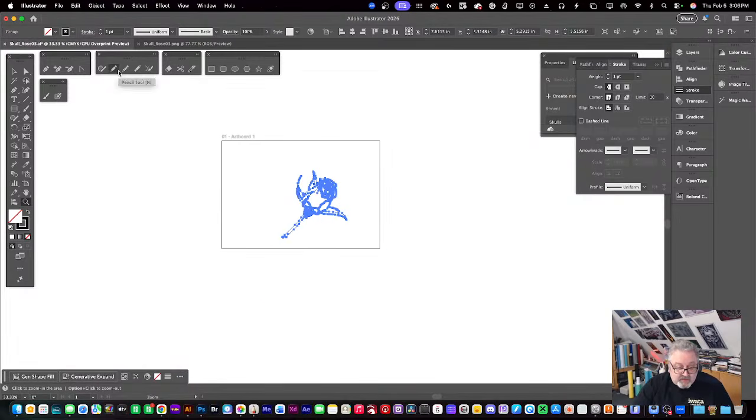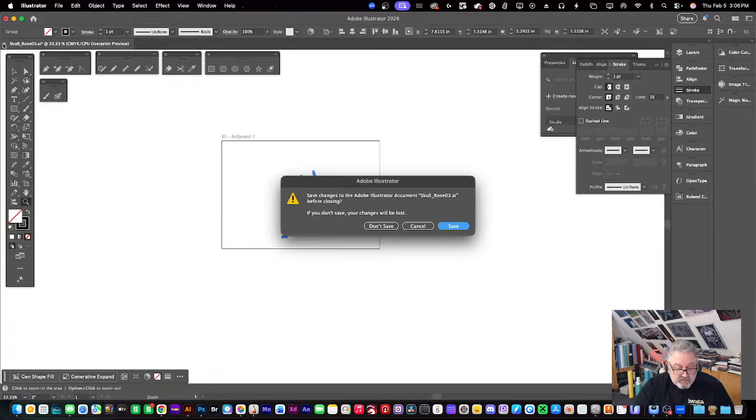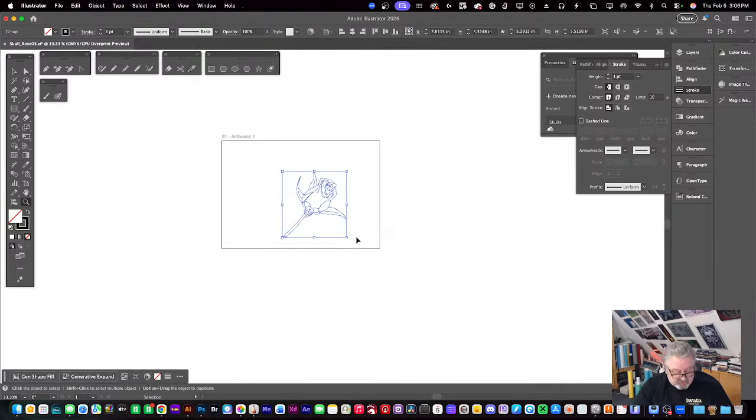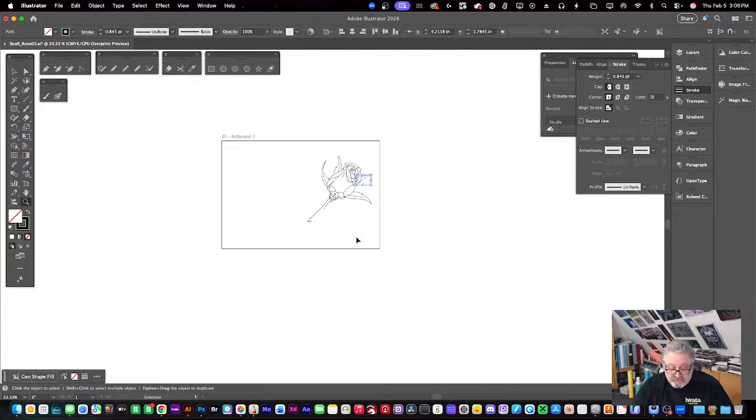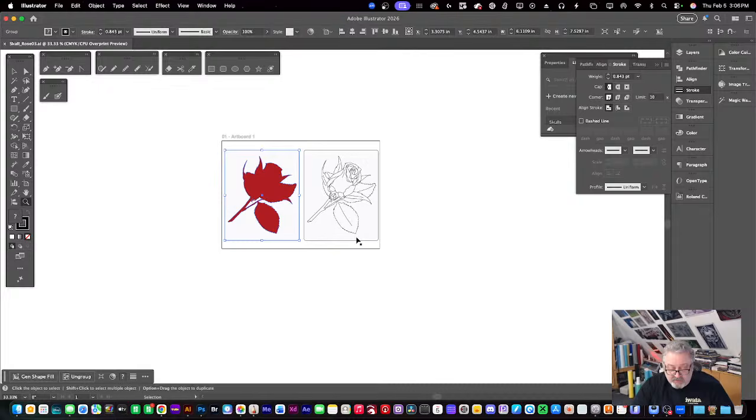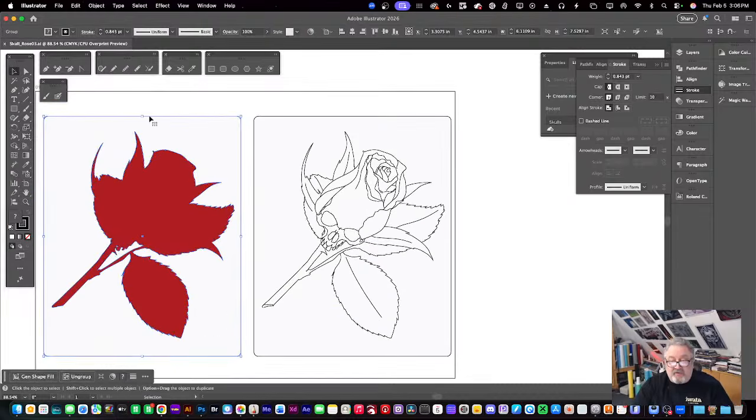No, I messed up the save. Oops. Cancel. Undo what I was doing. So this was the original one. And this was from my vector collection that's available. I just deleted stuff. I clipped some stuff because I just want to use this as a source image. I'm probably not going to vectorize this image and do it as a vector, at least I don't think so. So I'm just going to redraw it.